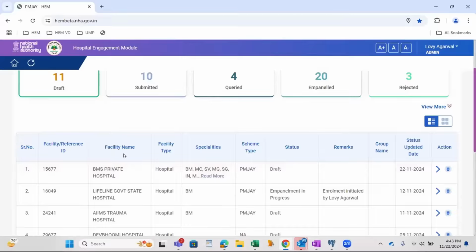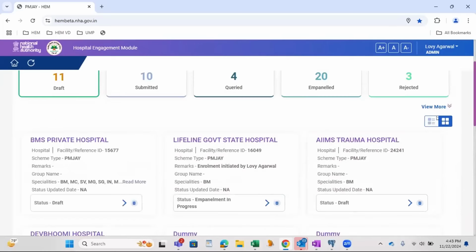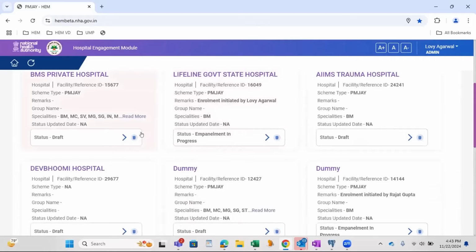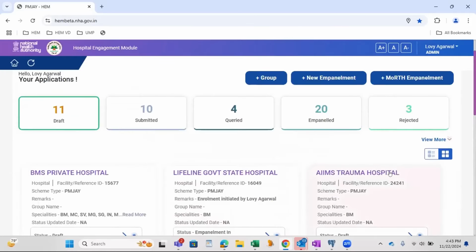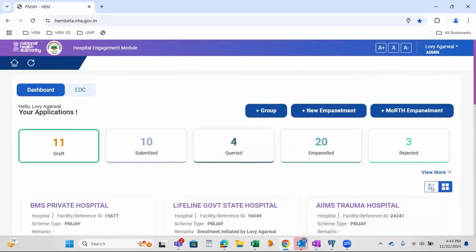This is the record list which we can see all the details by facility ID, facility name, facility type, specialties, and all the details will be displayed in the list view. If I click on this, this is a block view where we can see all the records in a block format. Again, the same details will be displayed, but the view format will change.